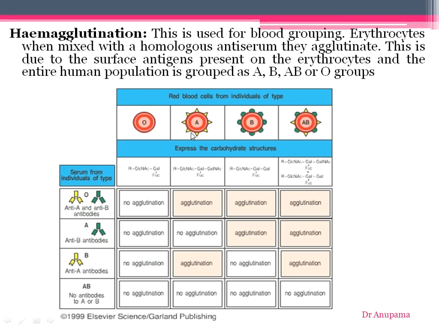But when it comes to a person having A antigens, RBC having A antigens, when you add this blood of O group or even blood group of B, since they have these antibodies, they agglutinate. That is, these anti-A antibodies combine with the antigen A on the surface, leading to agglutination. So here also, when you mix O blood group with this particular person's RBC, they agglutinate.